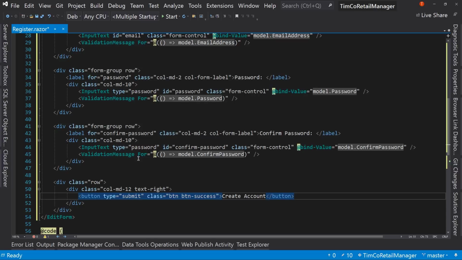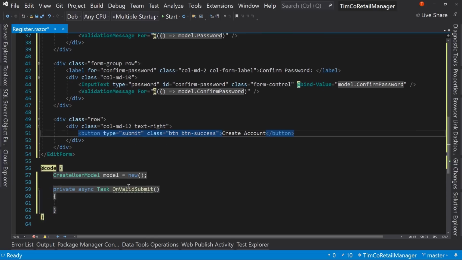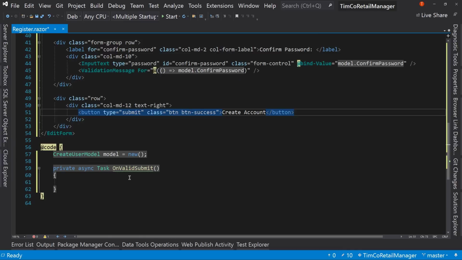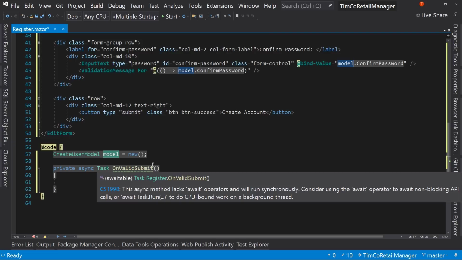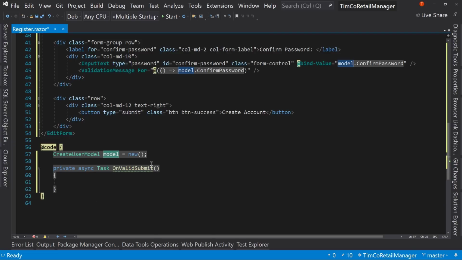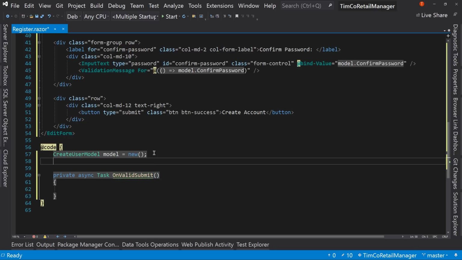Okay, so that's our form. Our form is complete. Now, when they fill it out, it's going to populate this model, and only when they submit a valid model will this get called, which is where we're going to do our work. Now, I need one more thing up here. I'm going to have a string error message